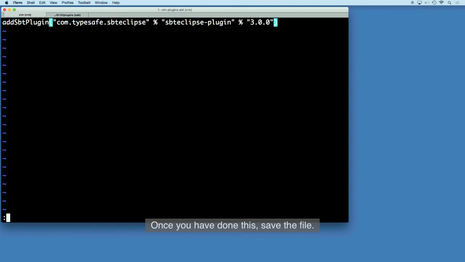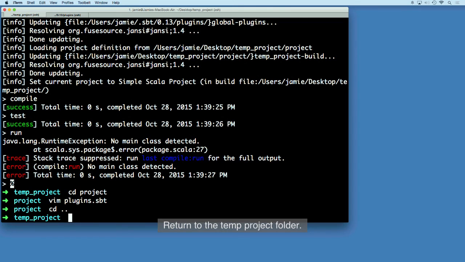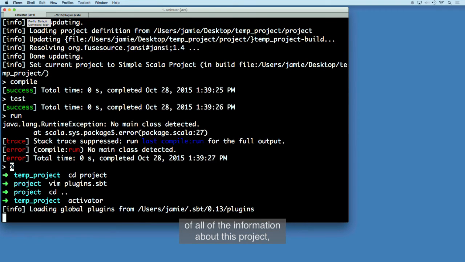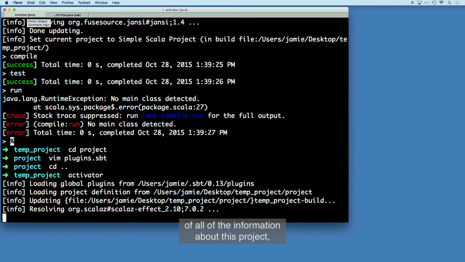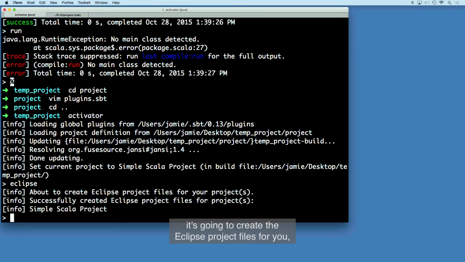Once you have done this, save the file, return to the temp project folder, and then type activator again. This will reload the entire context of all of the information about this project, including what you just added. Now, if you type eclipse at the command line inside of the SBT prompt, it's going to create the Eclipse project files for you so that you can open this project inside of Eclipse. If you use IntelliJ, IntelliJ has the ability to read your build.sbt file, and you don't need to do this step. To download Scala IDE, go to